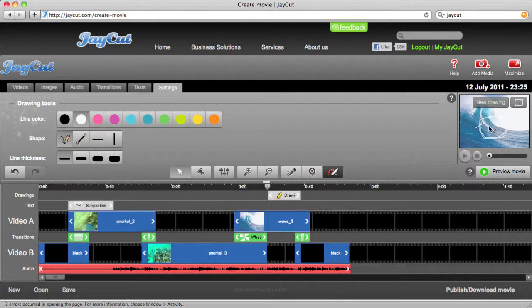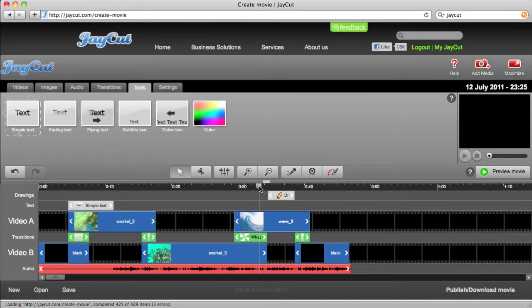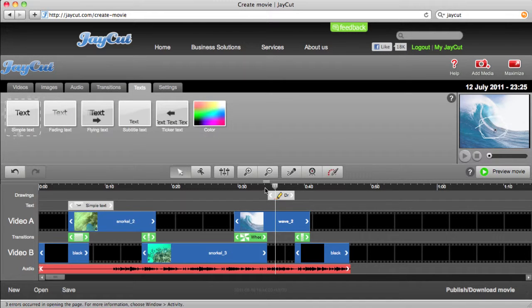And what I did is I just highlighted this surfer coming down this gigantic wave. Notice that when I did that, it created a new track called Drawings, and it put the drawing right there on that track. Once again, I can expand it, decrease it, but when my playhead goes over the top of it,